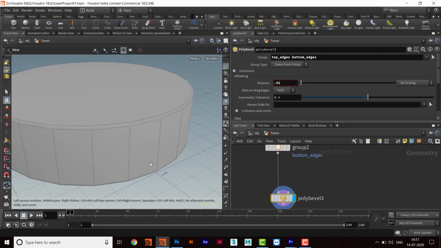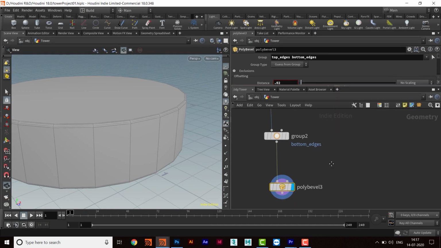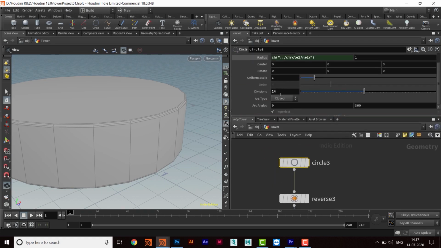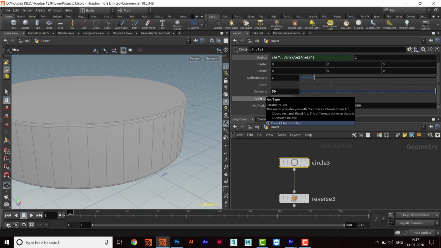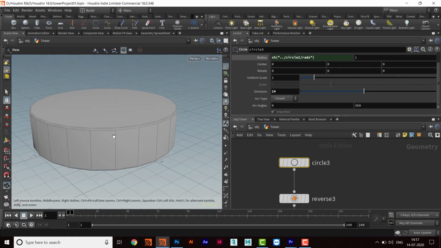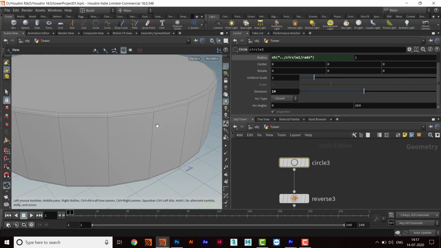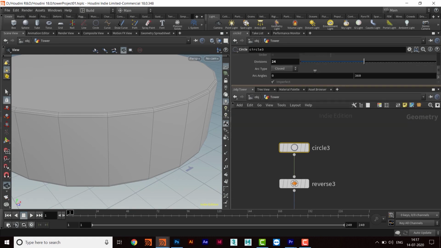That is all cool. So if I increase number of segments here in the circle, that is not going to create any problem. So that is like 50 divisions, and then there is no problem, right? So we'll keep it 24 and then go ahead. Okay, so now this is the base part, and then I will take a